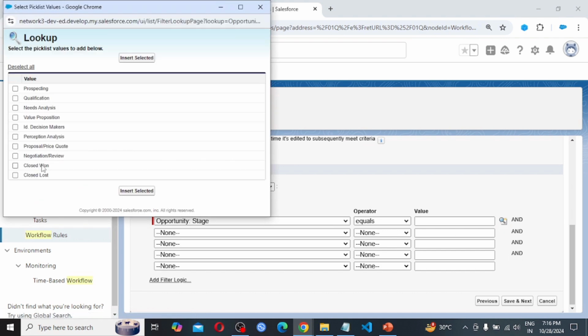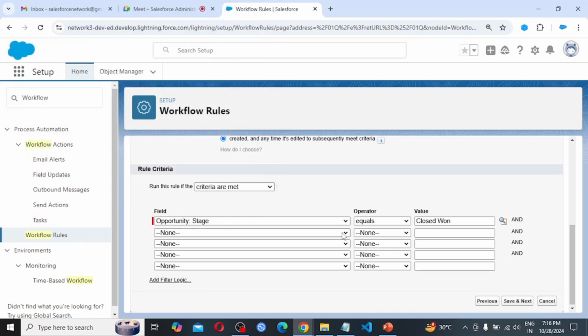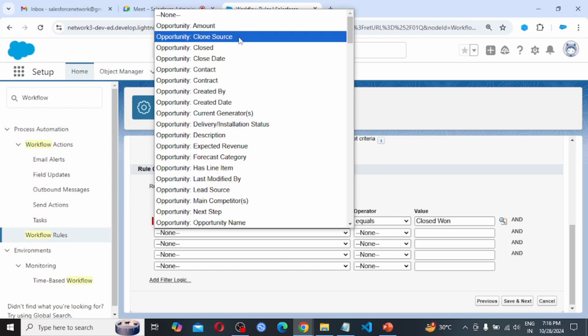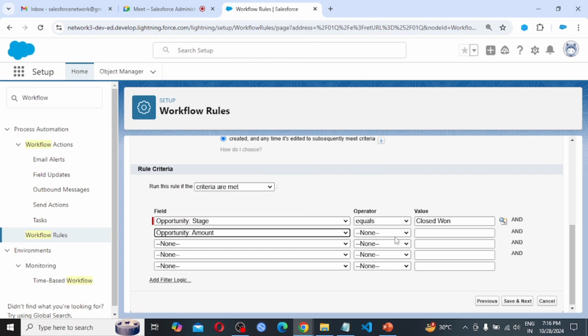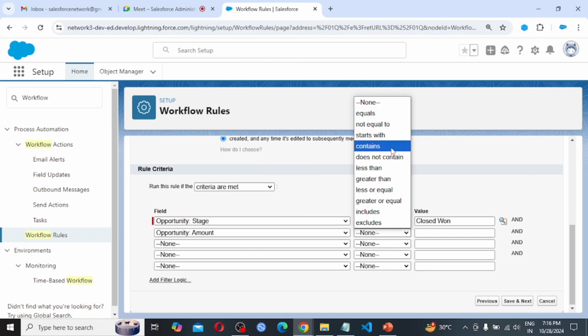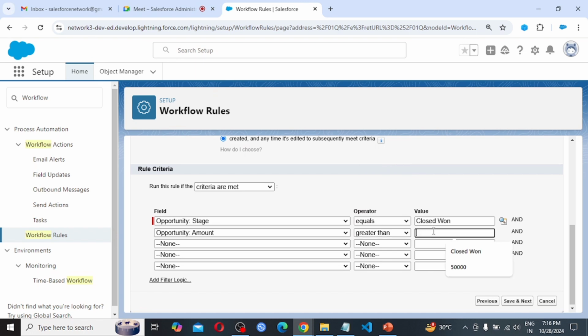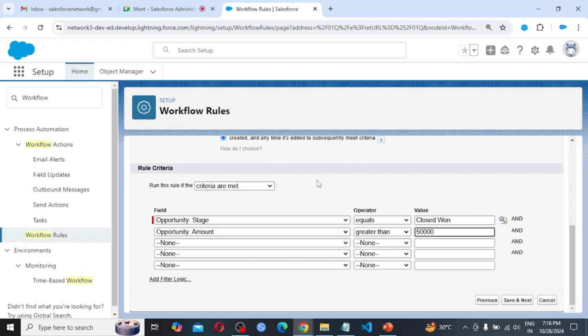When our opportunity is closed won, and also when opportunity amount is greater than $50,000, then it is going to evaluate. So save and next.